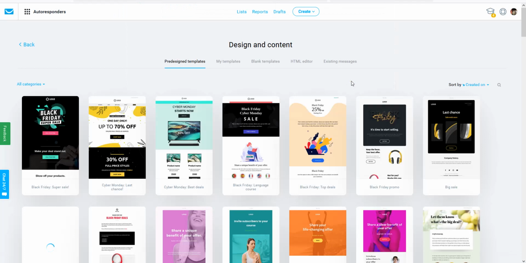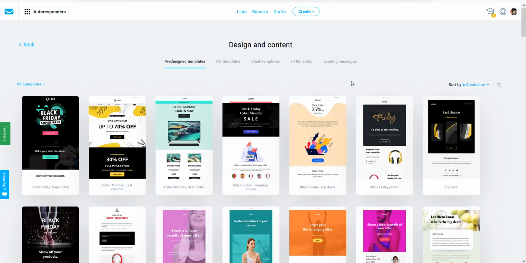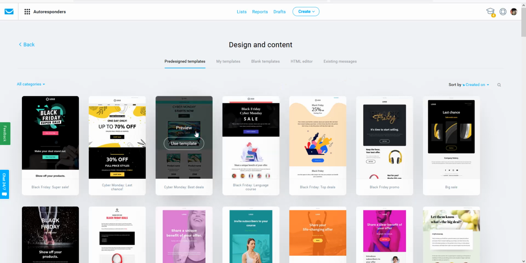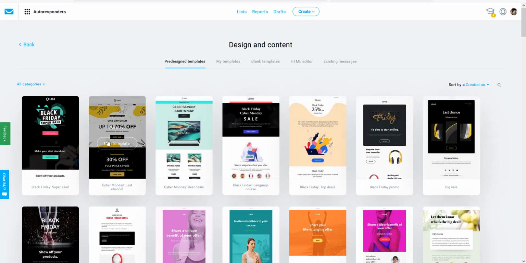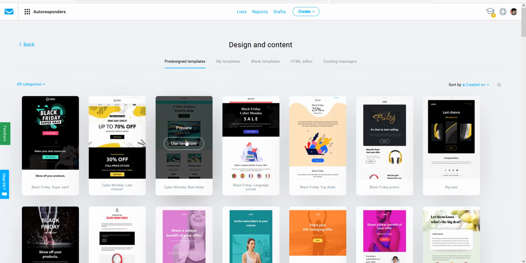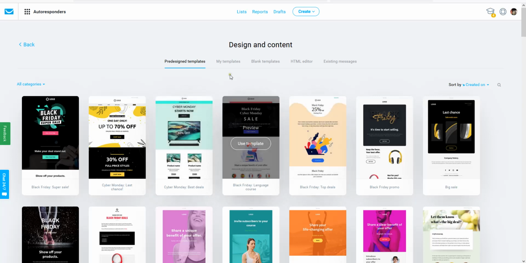Now there's another feature back here where this is a beautiful thing, that you can design a template for all your emails to go out, and make a template that everyone sees. Every time your email goes out, you have a template. That's a whole other topic that we can discuss some time in another blog post or video, where you create a template, my templates, and I can select a template here because I have one designed, but I'm not going to do that